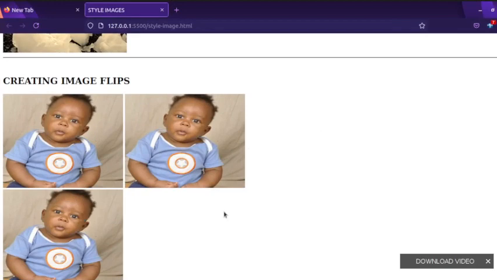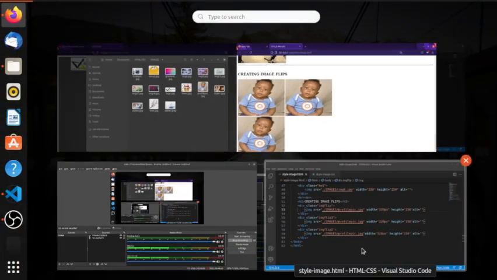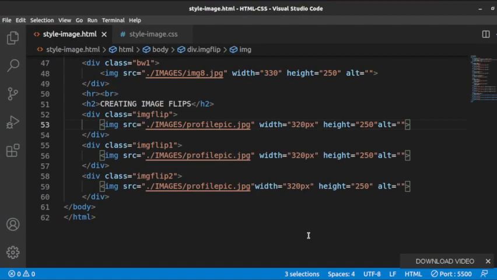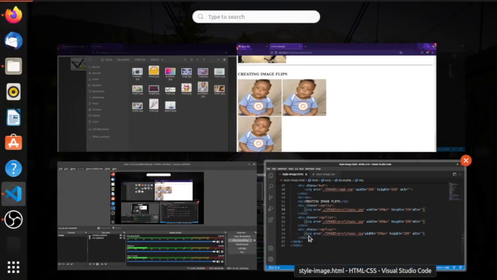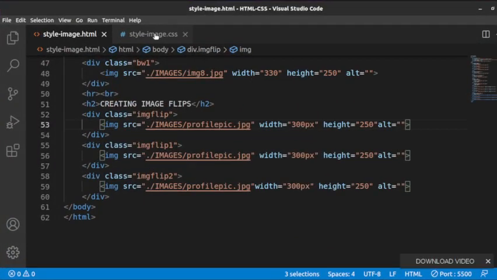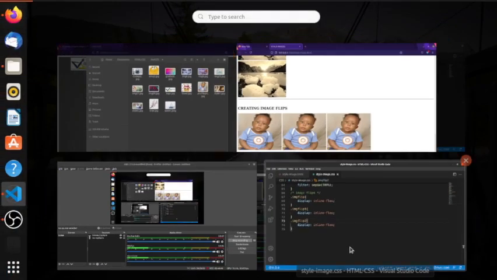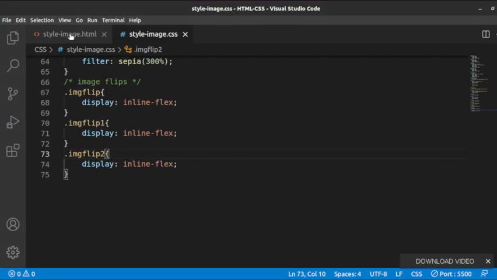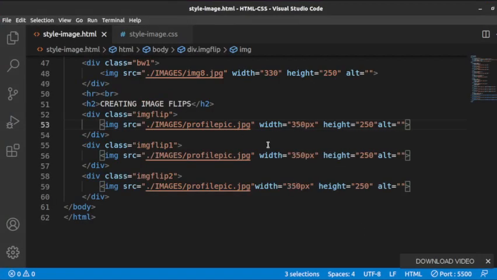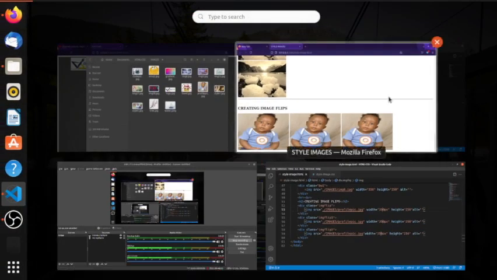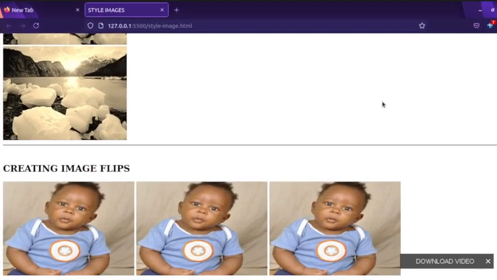We can go ahead and look at what we mean when we say that this is an image flip. Flip 1, flip 4, flip 2. Sorry, a very grave mistake. But the good thing, like I said, you see where errors come from. The class was not matching, and that way we couldn't get what we wanted. So we can say